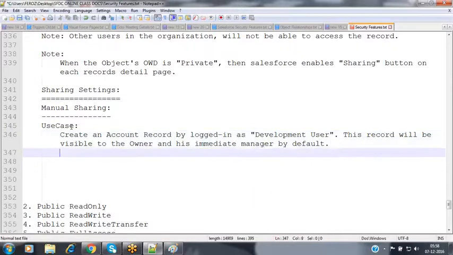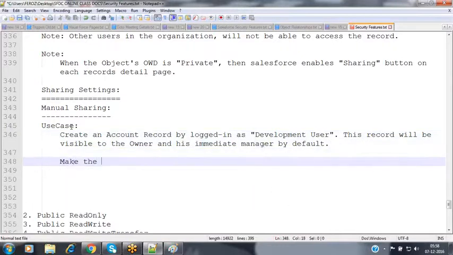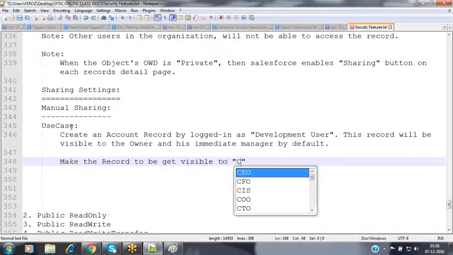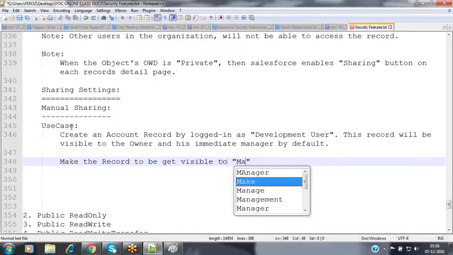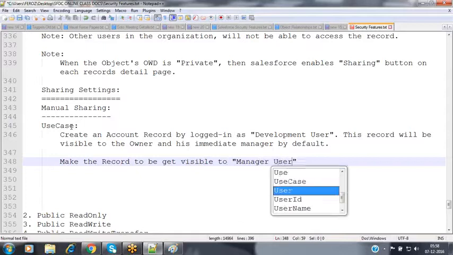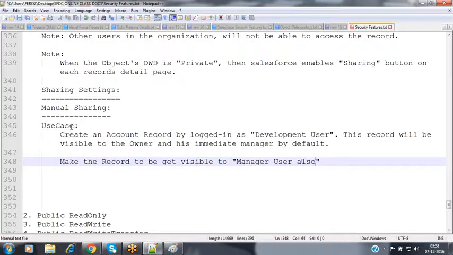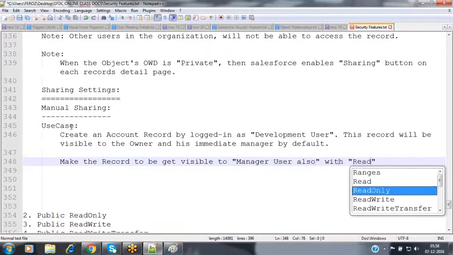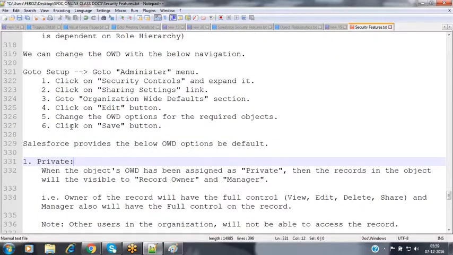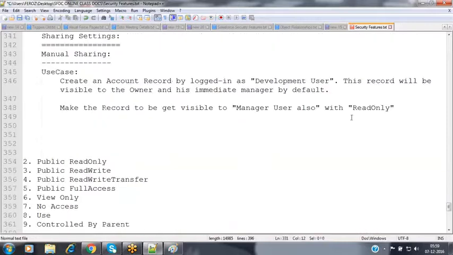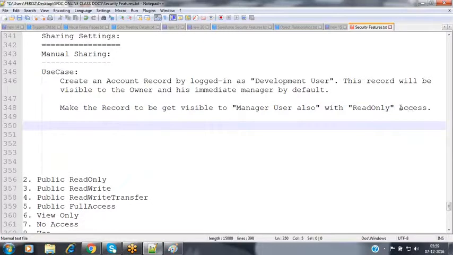Now make the record visible to the manager user as well, with read only access. So this is my requirement here.